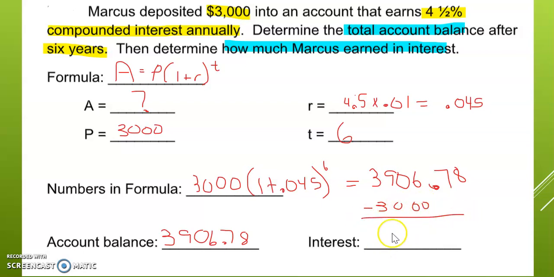And so the interest that I earned was $906.78. So how much was the total balance? $3,906.78. How much interest? After the 6 years, $906.78. So then the next part is